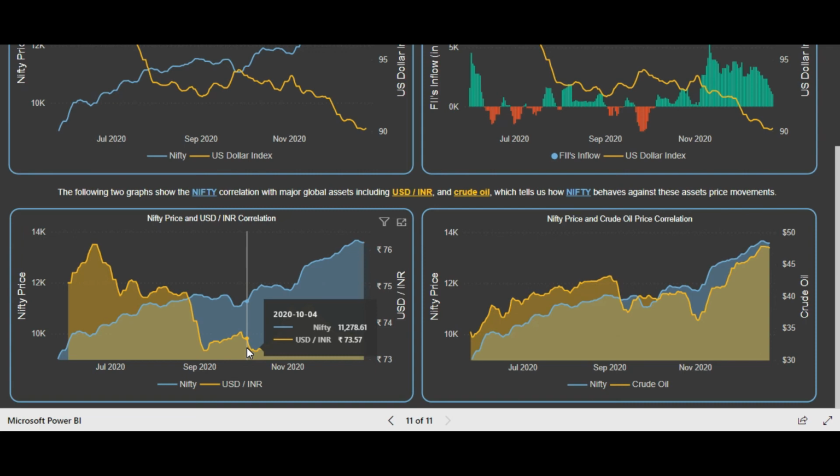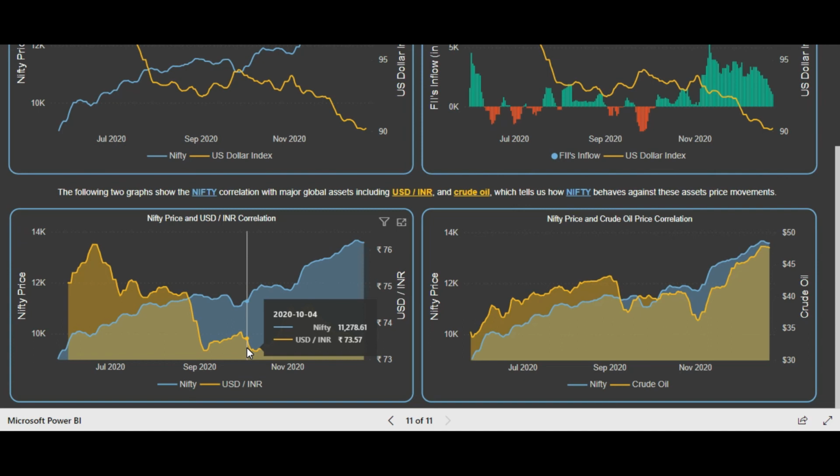Then obviously you will see FIIs pumping more money into Indian markets, and as a result you will find Nifty rising. Sometimes they do index management, and the Nifty may not give that much of a rally, but overall it will be on the positive bias side. And sometimes, as you have seen in the past 3 to 6 months, the Nifty has rallied so much only because of the FII inflows. They have done unprecedented inflows into the Indian markets in the past 2 months, which we have never seen in Indian history.